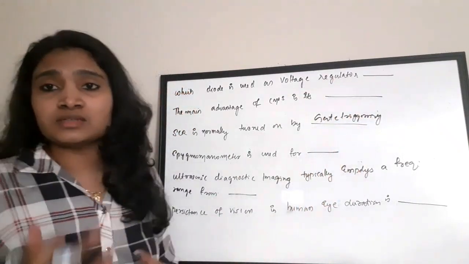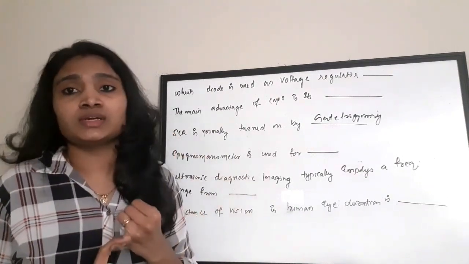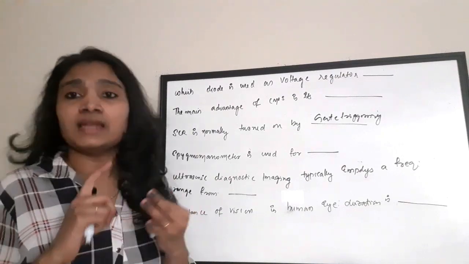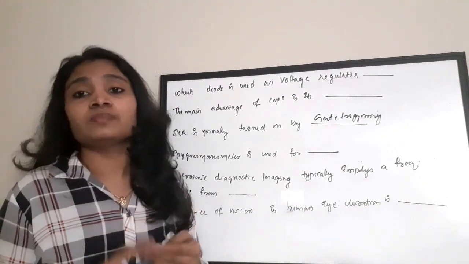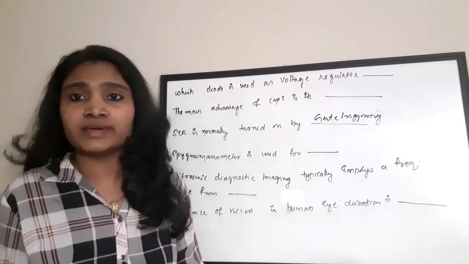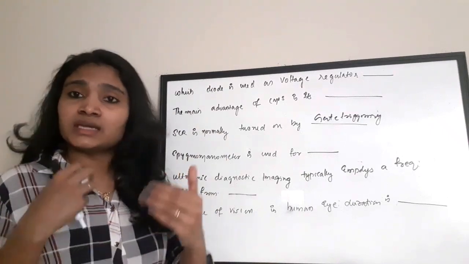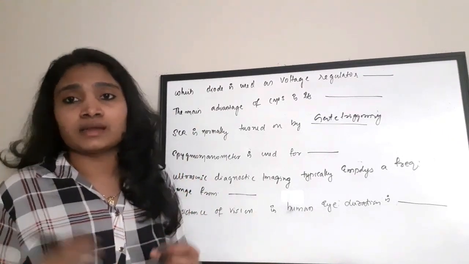There are various methods to turn on an SCR: forward voltage triggering, dV/dt triggering, light triggering, thermal triggering, and gate triggering. These are the various ways we can turn on a silicon controlled rectifier. But out of these, the most commonly used method is gate triggering, by applying a current or a current